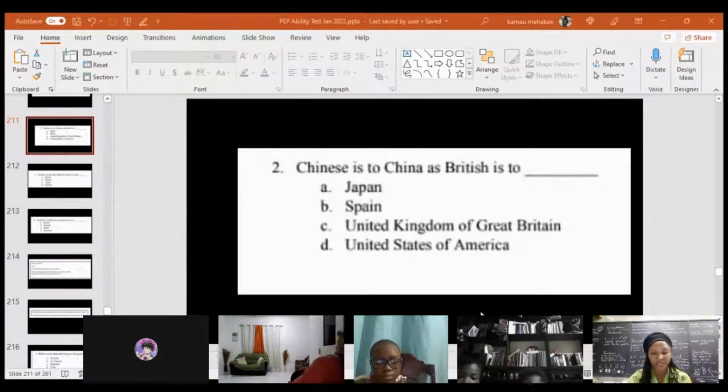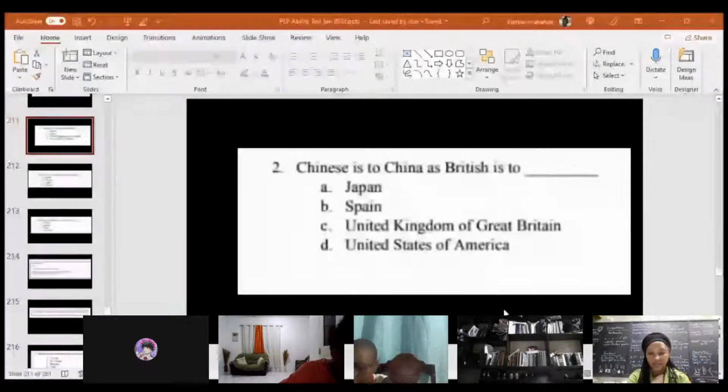Okay, and what is the connection? So the region is where the people is found. So for Chinese, the Chinese is found in China, while the British is found in the United Kingdom. Okay. We come from the United Kingdom of Great Britain, and the Chinese are from